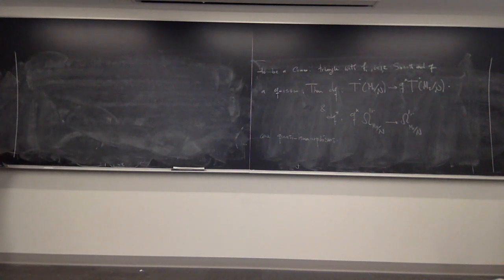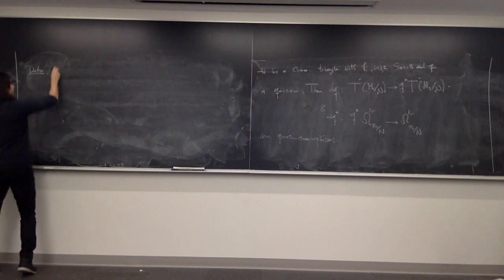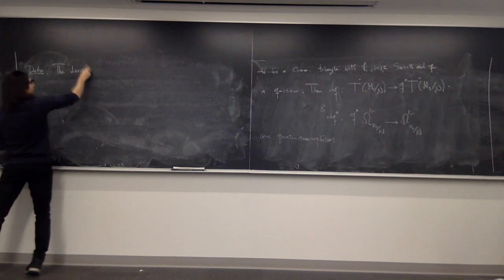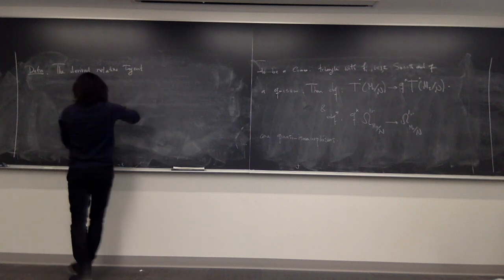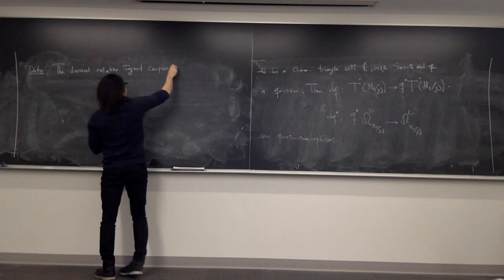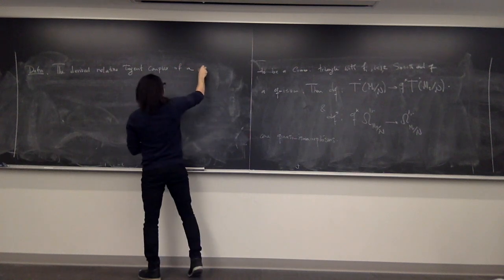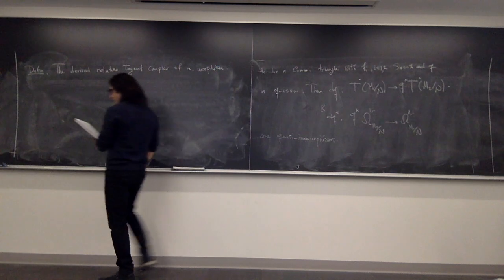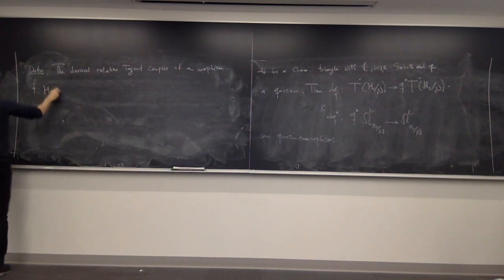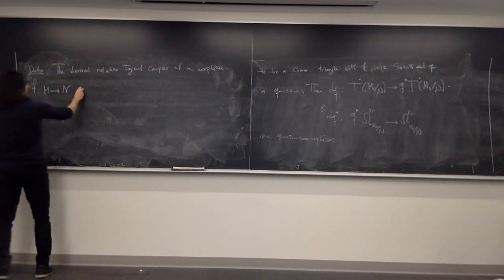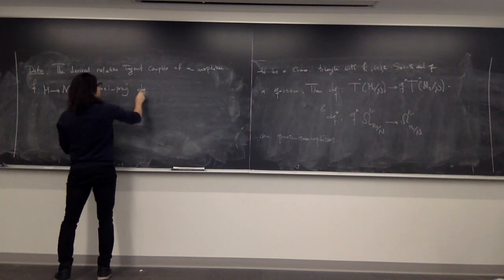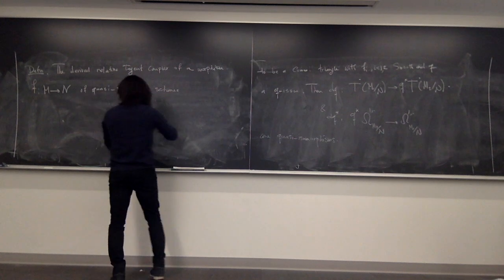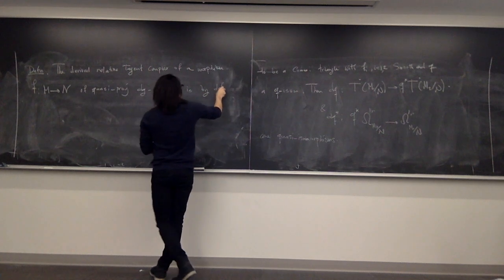Okay, so definition: the derived relative tangent complex of a morphism F from M to N of quasi-projective DG schemes is, by definition,